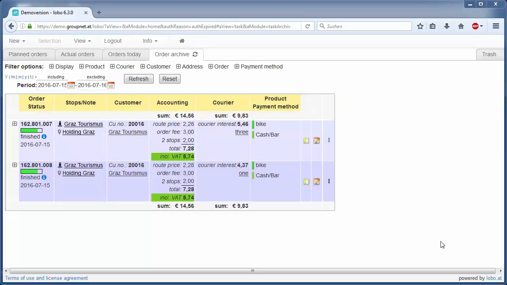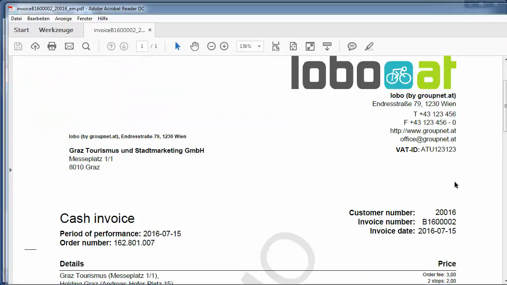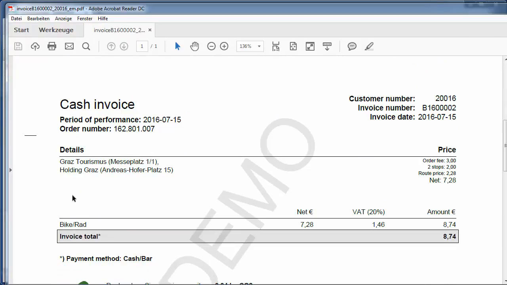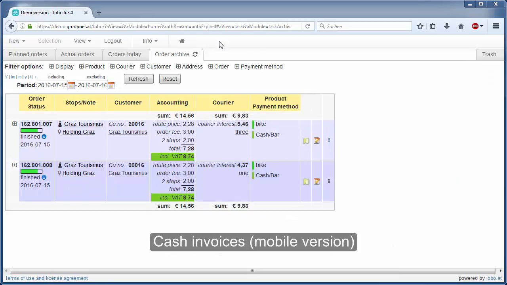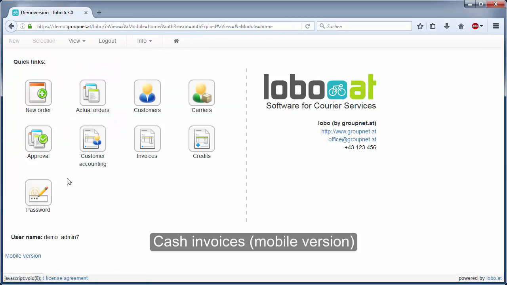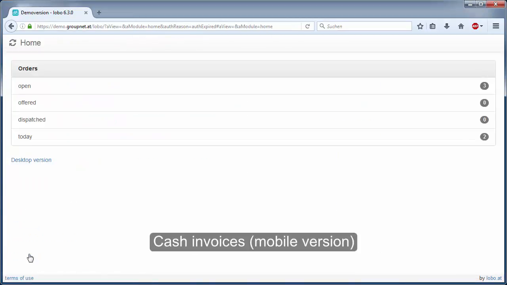Let's have a look at the PDF that was just created. It's a one-pager where you can find the task details and the total amount. Please note that the invoice numbering of cash invoices has its own prefix, so the numbering is independent from the normal invoices. Cash invoices can also be sent directly from the mobile version,